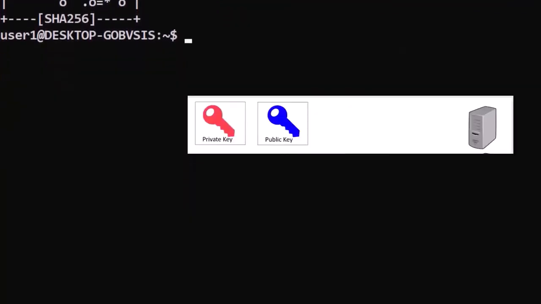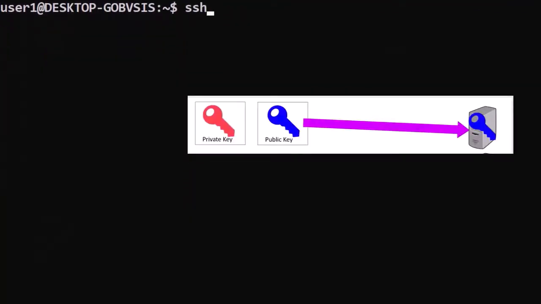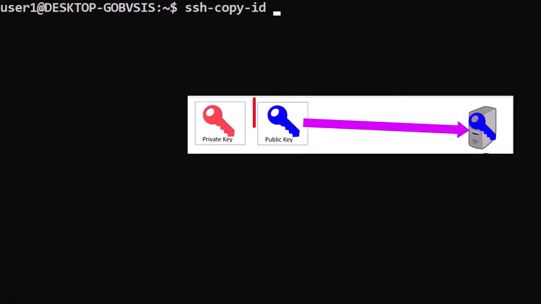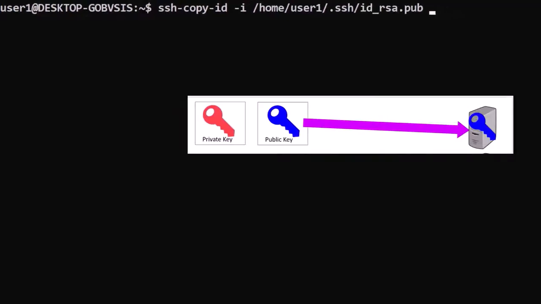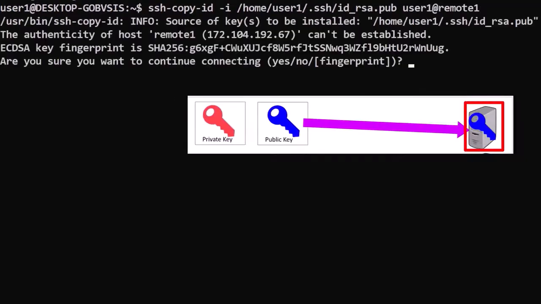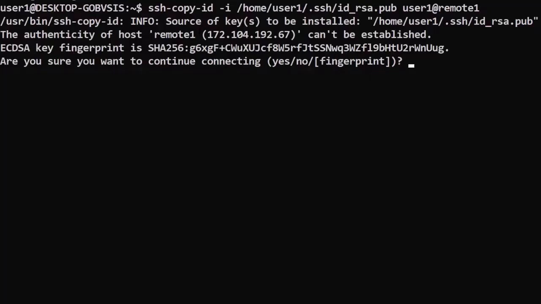Now we copy our public key to our remote host with the command ssh-copy-id. We specify the public key with the -i option, then provide the username and host we are sending our public key to. Here's more or less what you should see.